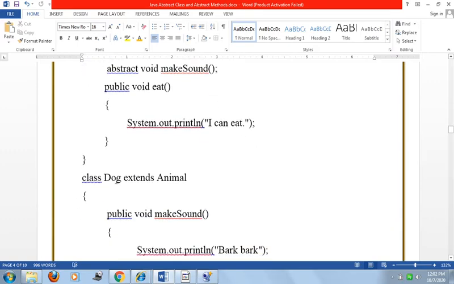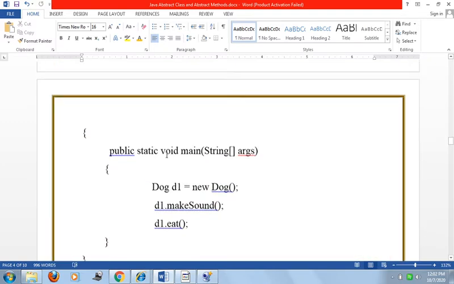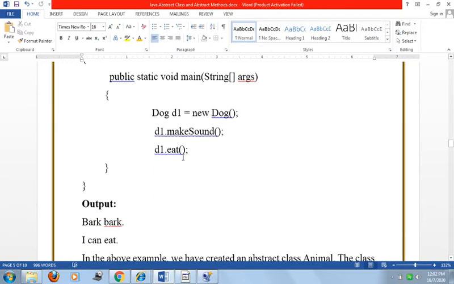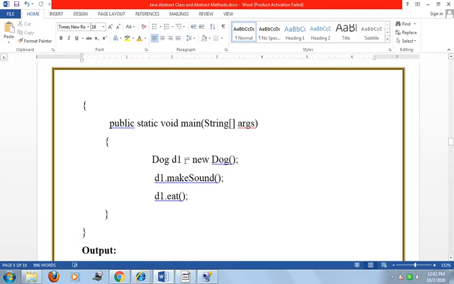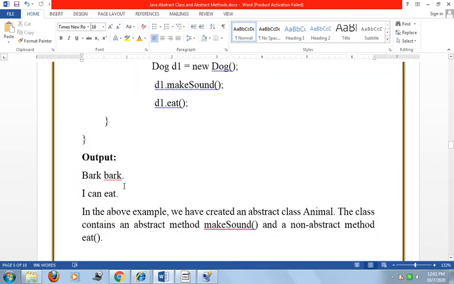Now I take another class Dog that extends Animal, and here I take again the same function, public void makeSound, and here I pass the message bark bark. Now in the main method, when we create the object of Dog d1 in the main class, then d1.makeSound and d1.eat. Now when this program is compiled and run, it will show the output: bark bark and I can eat.